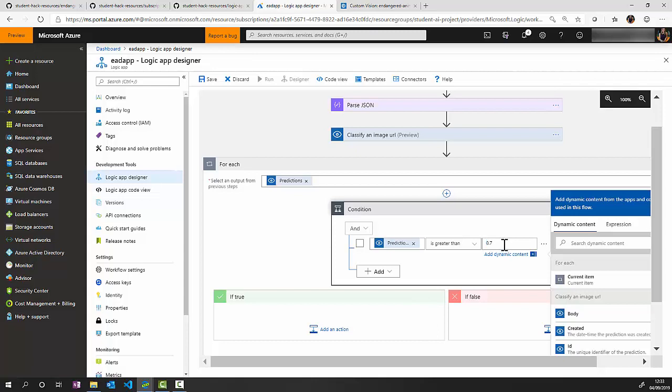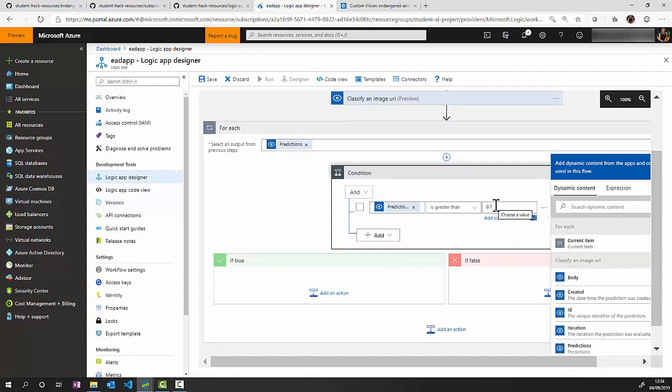We've put 0.7. You could put a different value, but normally if it's a higher probability, you're pretty confident you're going to get the right tag. So for each prediction, if the prediction probability is greater than 0.7, or it's the more recognised class of object,